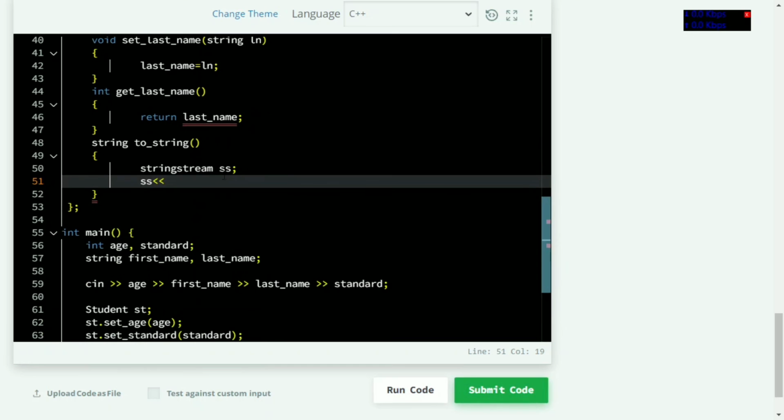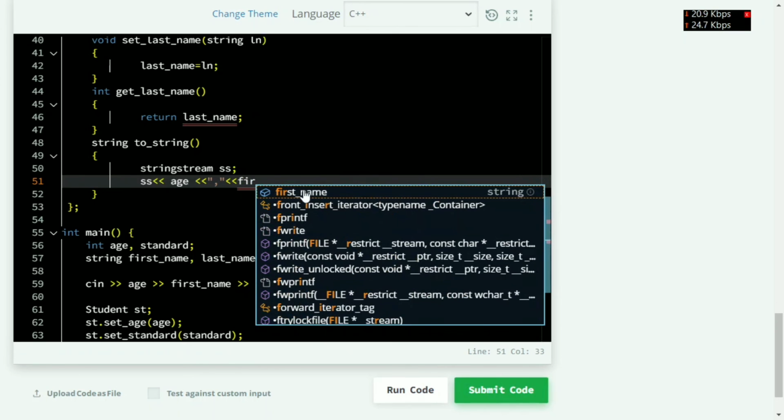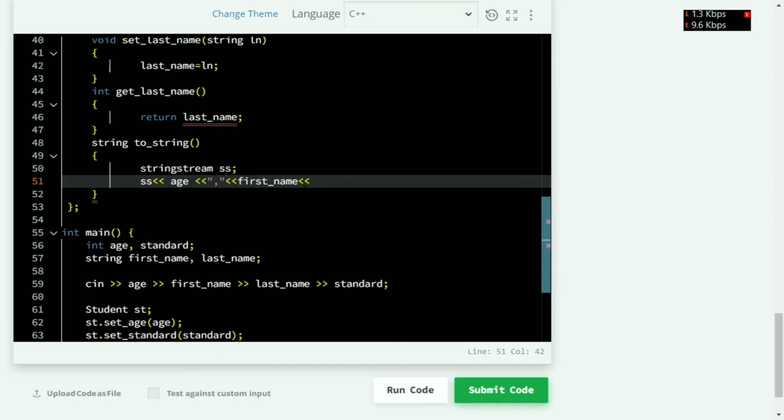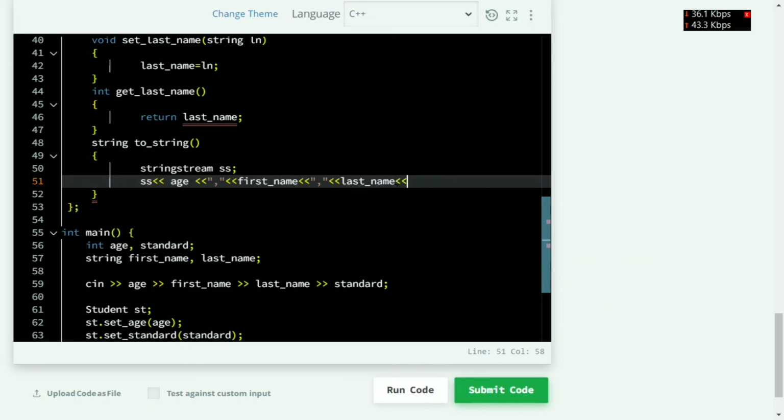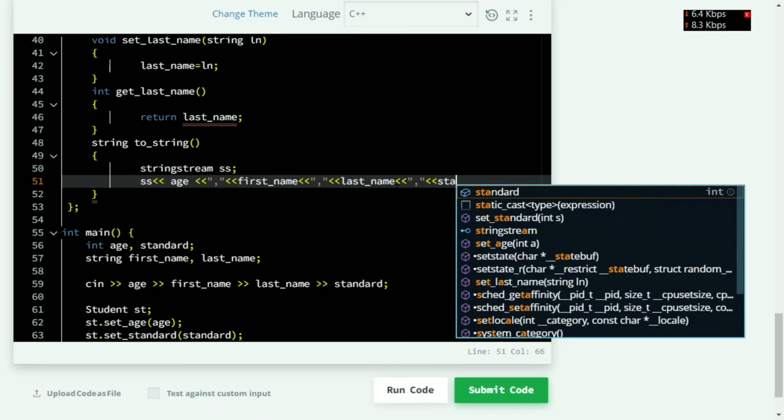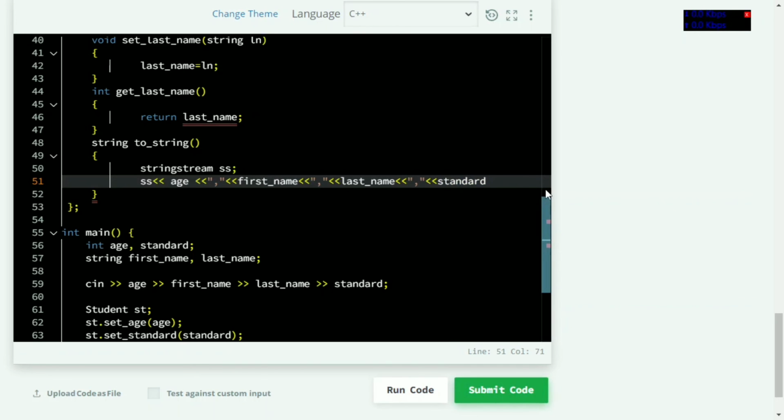First I will print age, and next a comma, then first name, then comma, then last name, then comma, and the standard. So this is fine for now, I think.